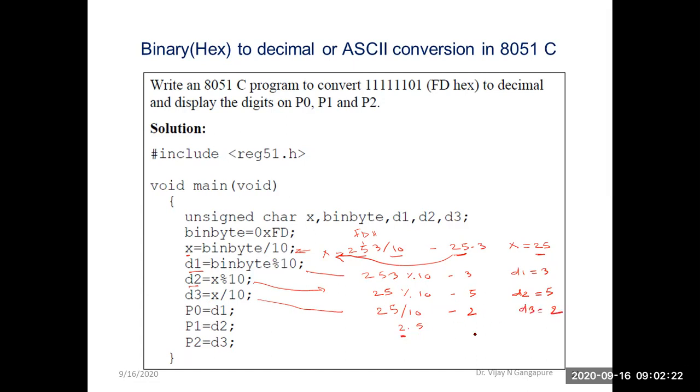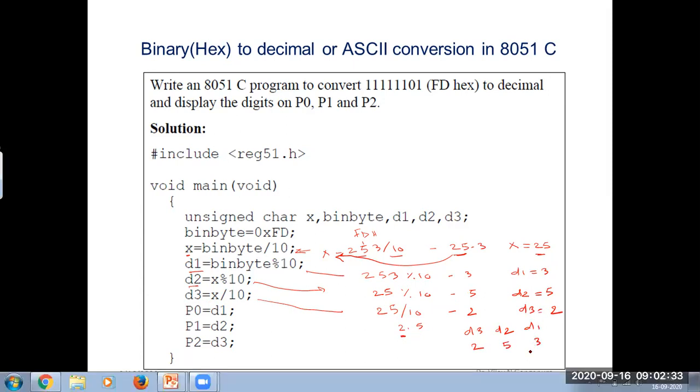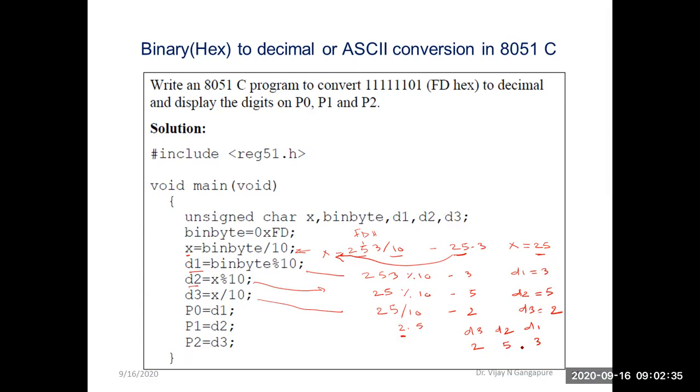Now if I arrange D3, D2 and D1: D3 has 2, D2 has 5, and D1 has 3, which is 253. If we convert this FD number to decimal, the answer is 253.